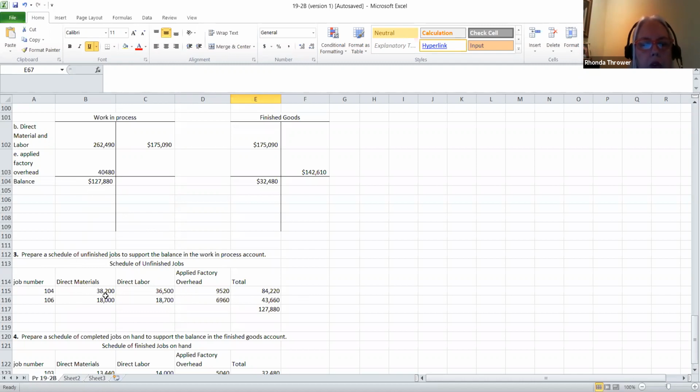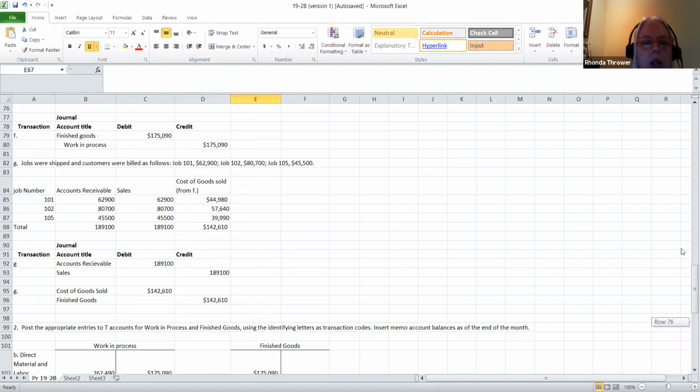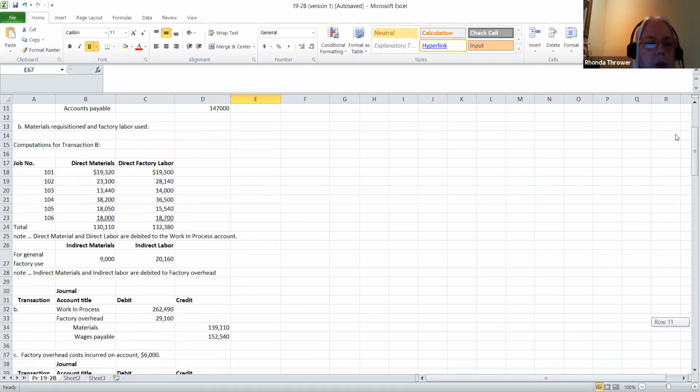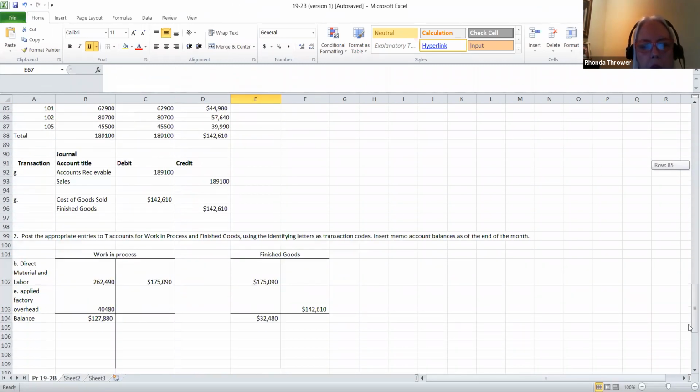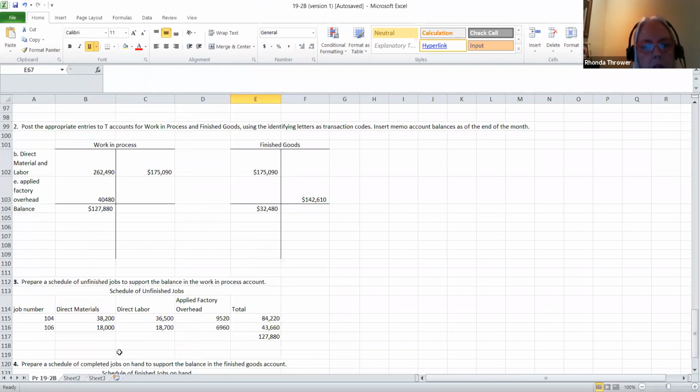Notice we're picking up for job number 104, we had direct materials. That came from our B transaction. Our direct materials is $38,200, and our direct labor of $36,500 also came from transaction B. So those two come from the information from transaction B. Our applied factory overhead